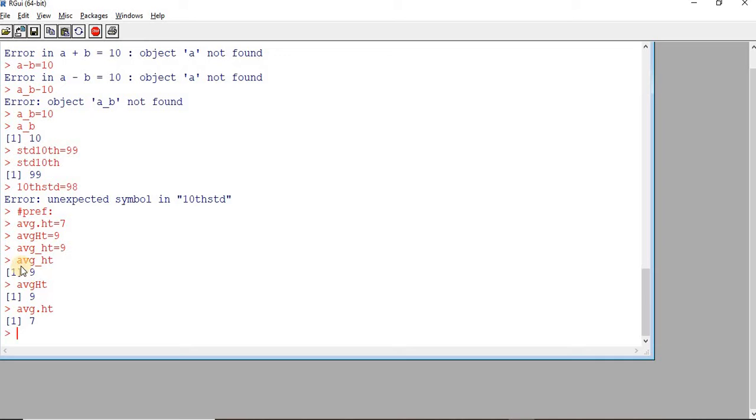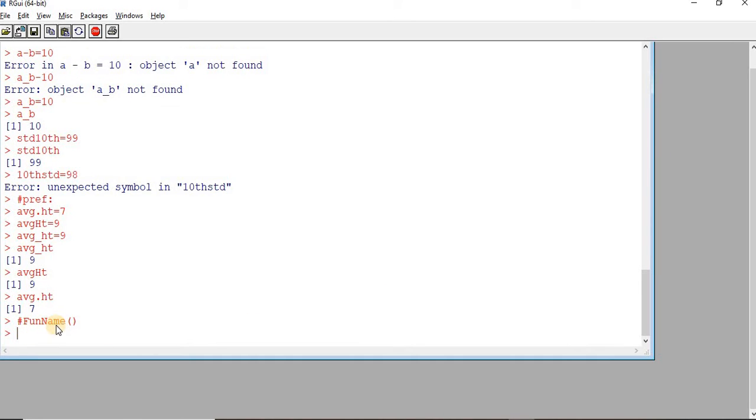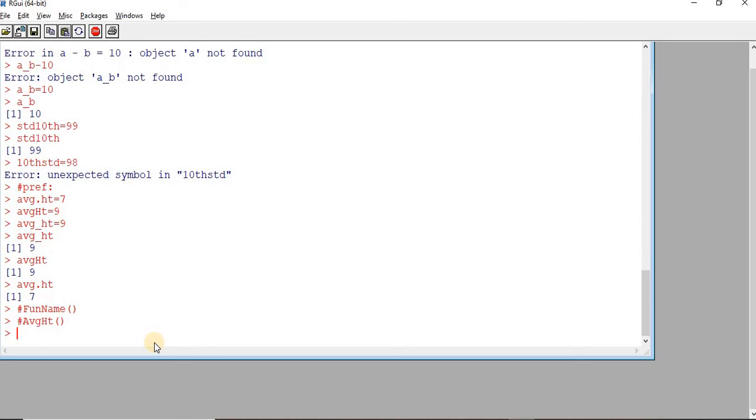Right? So you print the object name and give an enter so as to identify or see what is the value that it contains. When we talk about preferred function names, this is how we prefer it. When you have two terms, averageHeight, this A should be in capital and H should be in capital. So this is how we usually create function names. These are some naming conventions.